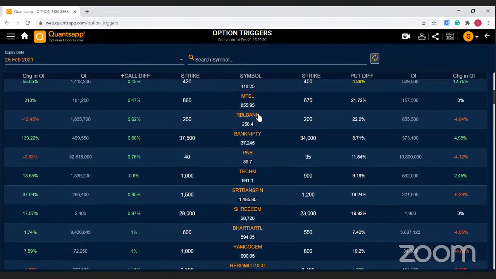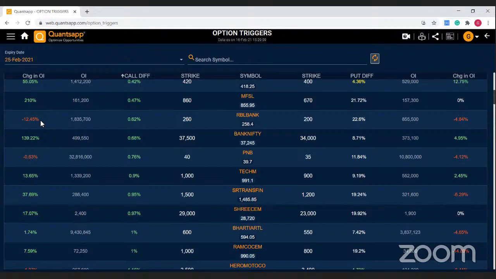So you can see RBL Bank. Now if I want to look into this particular stock, and I have chosen that because the difference is in green, highest call difference is in green from the symbol, and at this level you can see the call writers are reducing their positions. So I can see the call writers are more nervous at this point, and further I want to see, I can analyze that call writers are feeling very jittery or nervousness at particular time, that's why they are